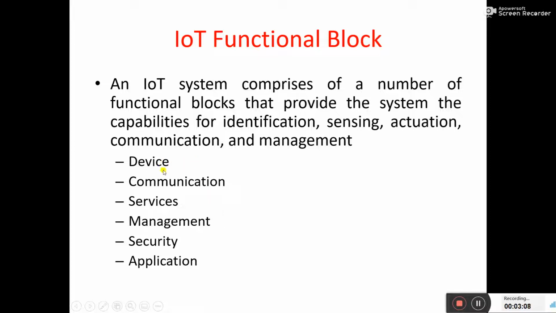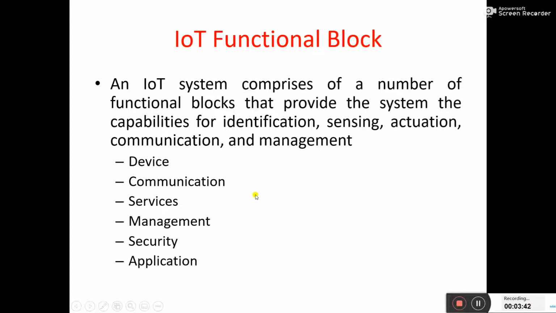Okay, so for example, if we have an IoT device, and this device should be able to communicate with the internet, and this device may have some services, right? For example, reading the sensor value. So the device may be NodeMCU or any Wi-Fi IC which is able to manipulate the data. So this is the device. The device may be the sensors connected to a network system. This is also a device.